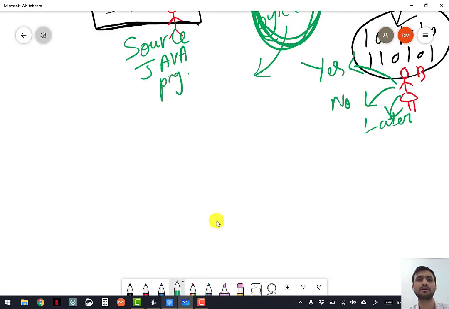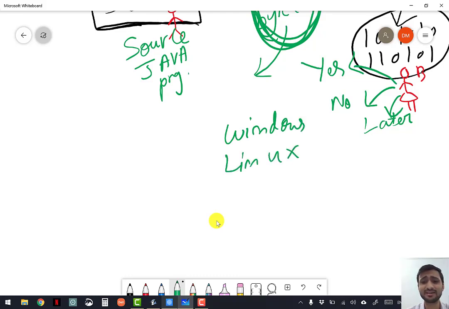If you have learned about operating systems in class 6, 7, 8, there are many operating systems like Windows, Linux, Mac, Apple OS, you can say Macintosh. Everyone has different sorts of languages. They were created differently, and therefore they have different languages.